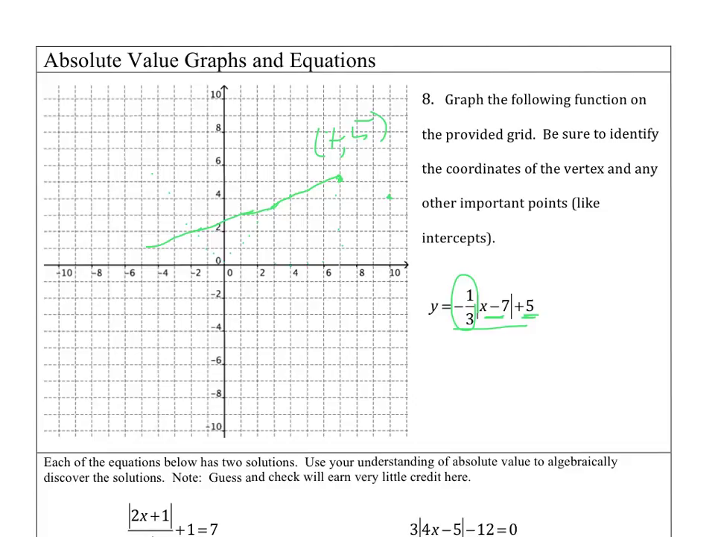All the way down. And all the way down this way. In order to find intercepts, we're going to have to plug in 0 for x and for y. The y-intercept,